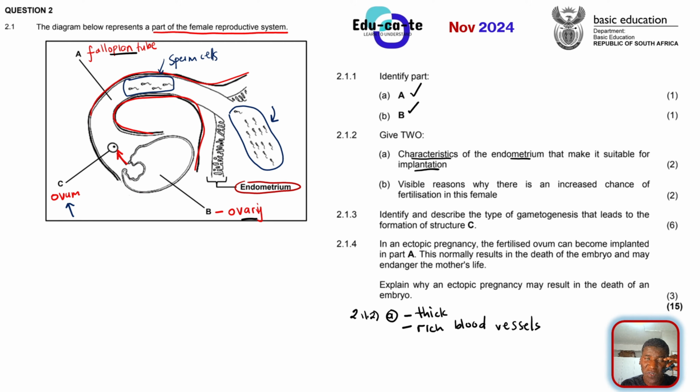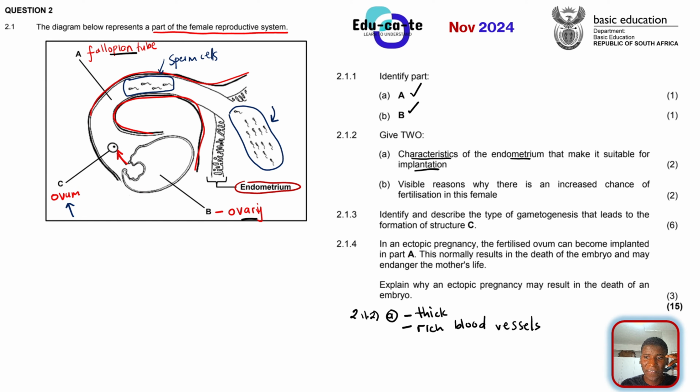Okay, it gets the nutrients through the what? Through the blood. So when the mother eats, what will happen? That food, the nutrients will go into the blood, and those nutrients will be able to be transferred to the fetus so that the fetus can also eat. So the mothers always eat for two when they are pregnant.